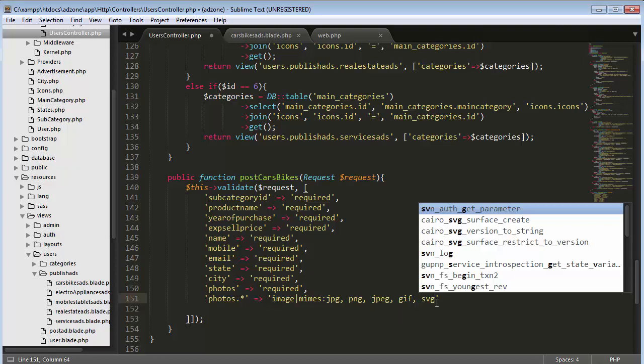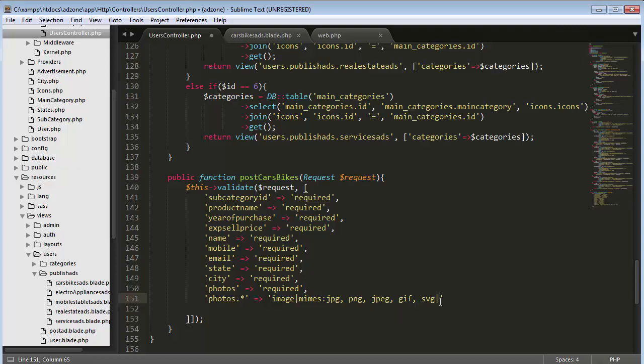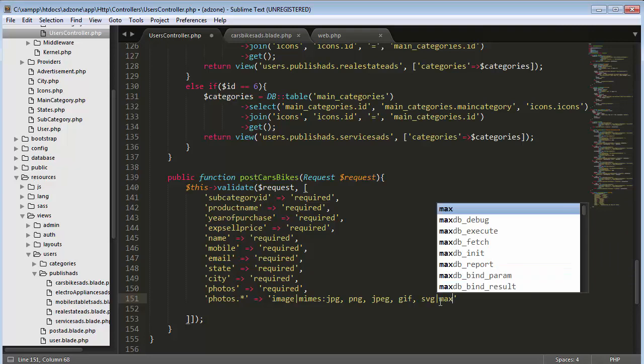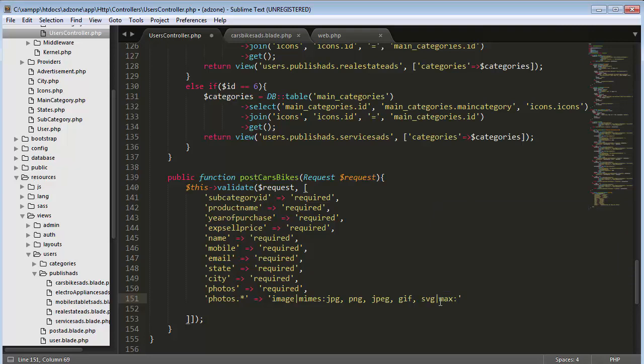Okay, and then whose size will be of maximum 2048 KB. Okay, yes, that's all. I will just save it. Okay, and then I will come back to my view,